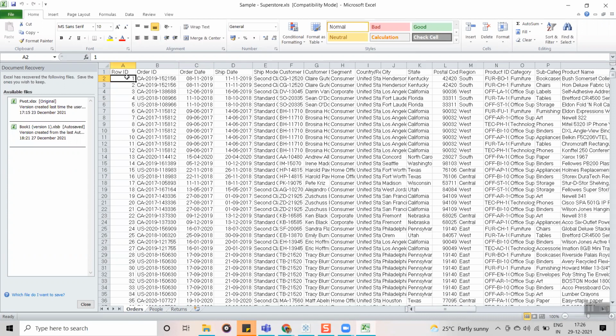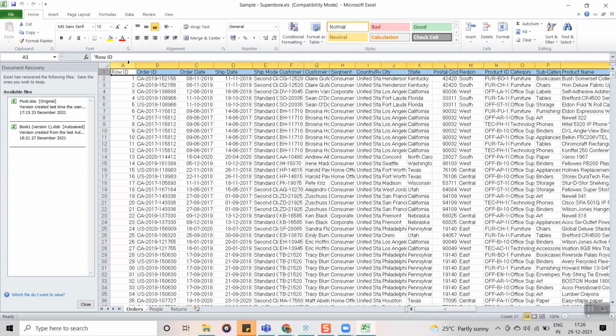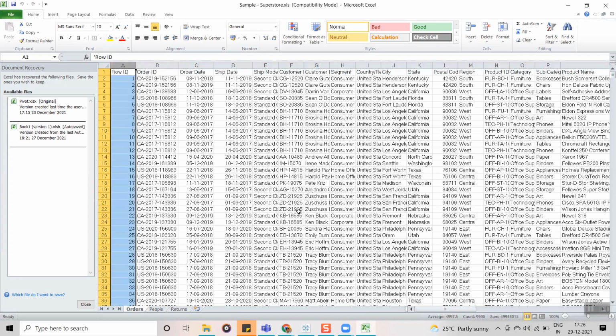Now you can see here I am having 9,995 records in total. So the data we are seeing is in lower granularity. Lower granularity means each and every individual order ID and each individual date.